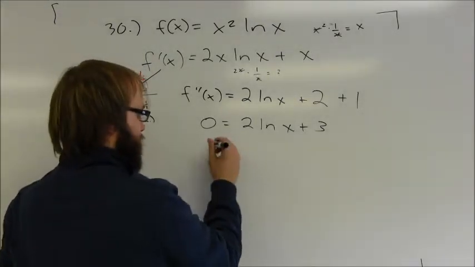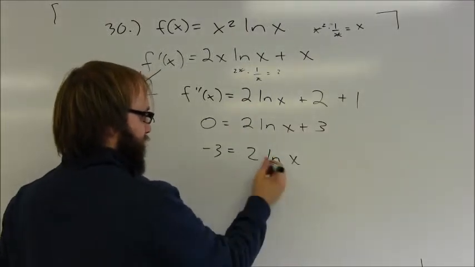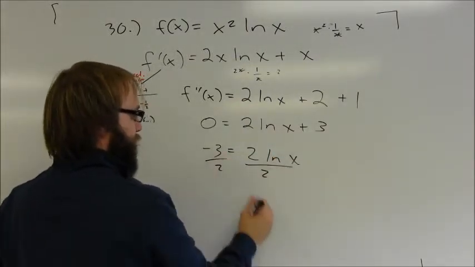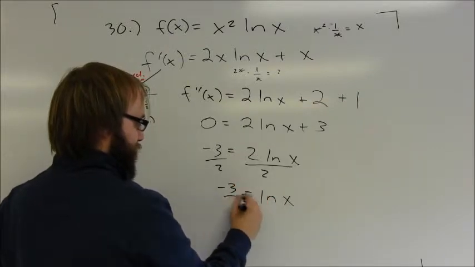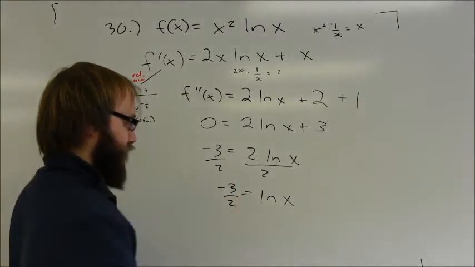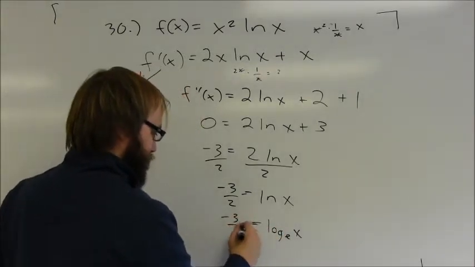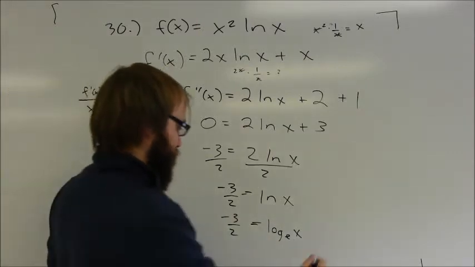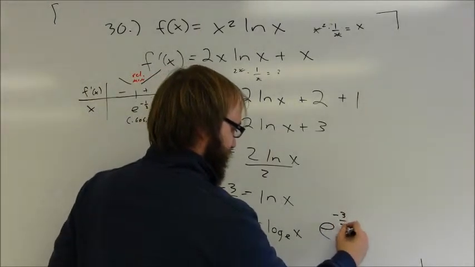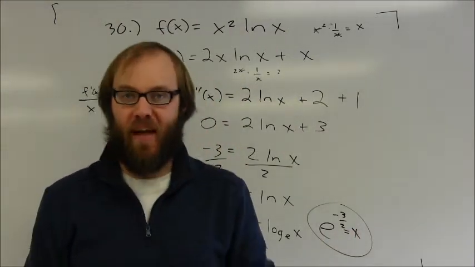Basically, I just need to figure out where this is going to be 0. So -3 is 2 ln of x. I can divide both sides by 2. Okay, it's the same thing as before. I have ln of x equals -3/2. A natural log is a log base e. So I have a base, an exponent, and a result. So I know that e to the -3/2 is my value of x, and that's going to be my missing